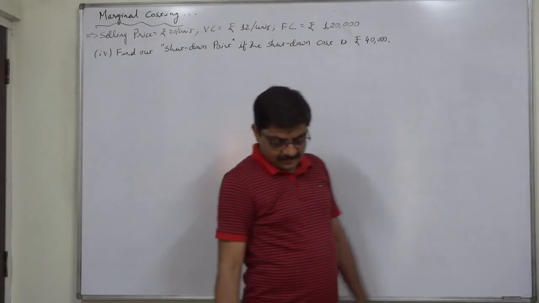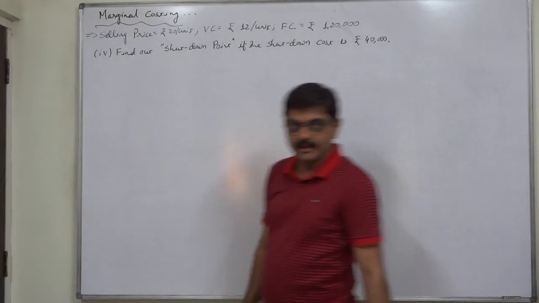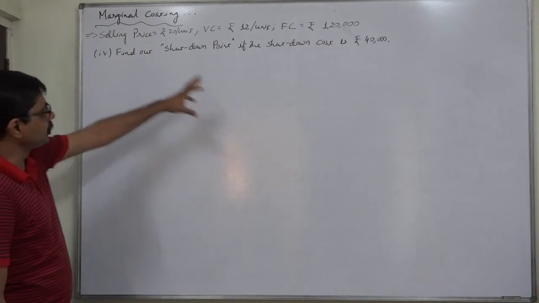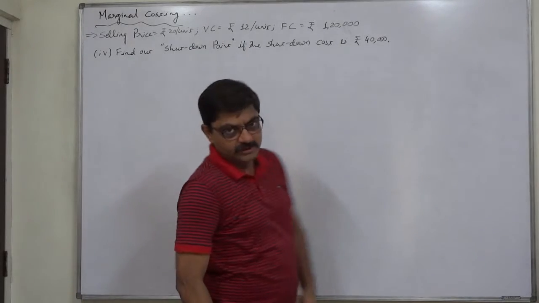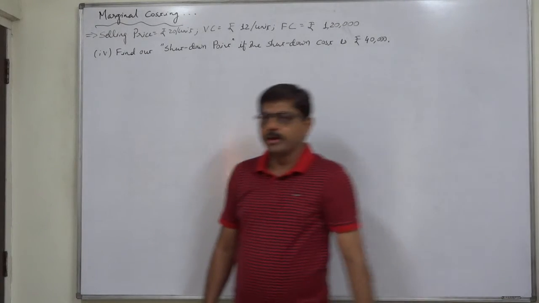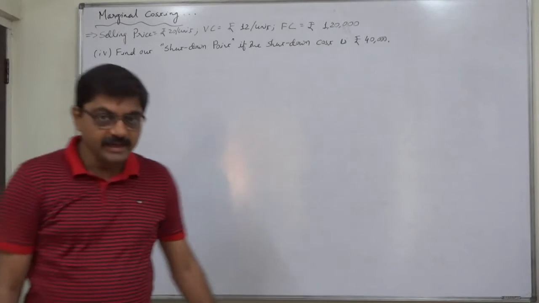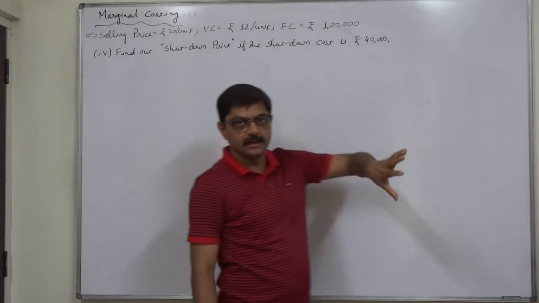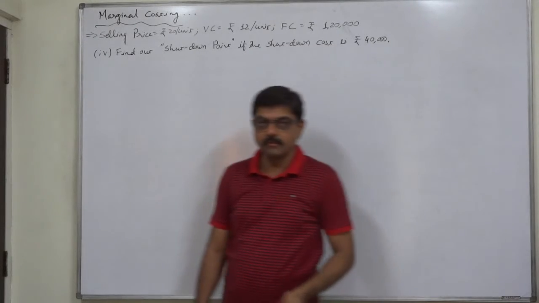Hello and welcome back. The last topic in the existing problem, and that is also a new topic. Find out shutdown point if the shutdown cost is rupees 40,000. Normally the shutdown point is considered under the chapter decision making in short term or decisions involving alternative